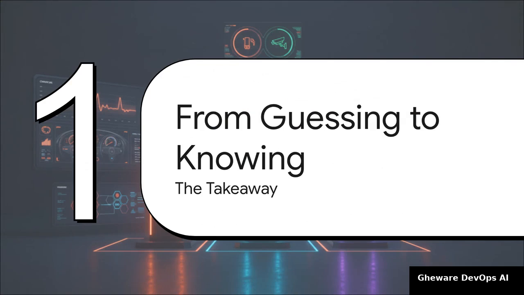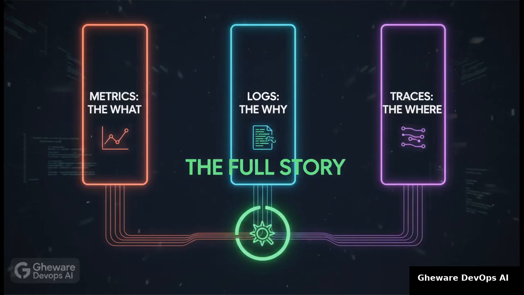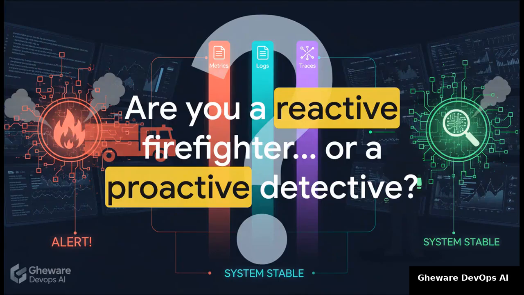So, what's the big takeaway here? It's about moving from a state of constant guessing to a state of confident knowing. Just remember the pillars. Metrics tell you what is happening. Logs tell you why it's happening, and traces tell you where it's happening. When you have all three, you have the complete story. And ultimately, this just transforms your role. You stop being that reactive firefighter, constantly putting out blazes. You become a proactive detective, solving interesting puzzles and making the entire system more reliable. So the question is, which one do you want to